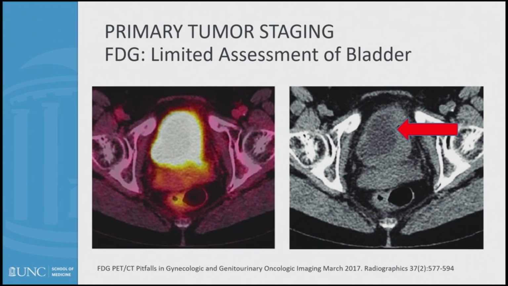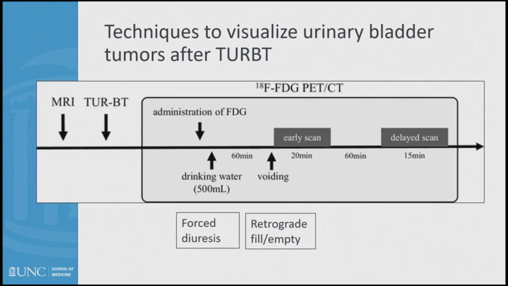You can see the imaging on the right, there's that large tumor on the left-hand side of the bladder, but if you try to take a look at that post FDG injection, really you can't make heads or tails of what's going on in their bladder. So there's been a number of protocols to try to address this issue, specifically some type of forced diuretic or either filling patients retrograde and emptying their bladder